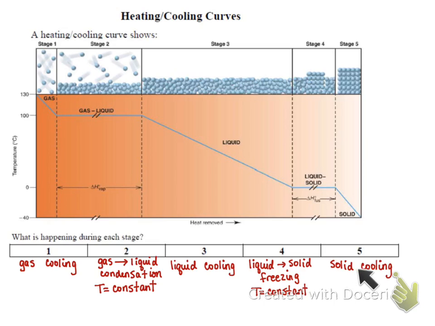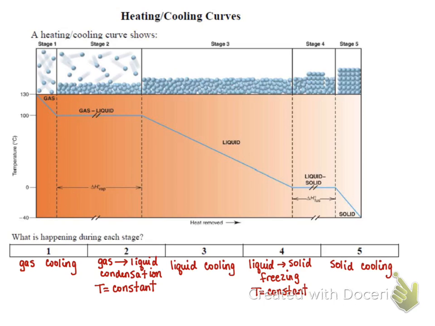So the solid is cooling. It can go down forever, as long as we can get it. In this case, it's going from 0 down to -40 degrees Celsius. So that is a cooling curve. And at the bottom of this page,